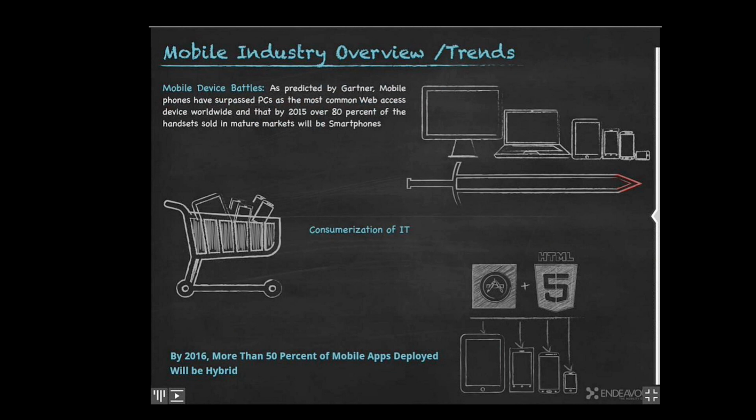All right, well, just like it says up there, as predicted by Gartner, mobile phones have surpassed PCs. And I think most of you, if you're in the development area or in technical management, now know this either by fact or by instinct. There's just a lot of mobile devices around. By 2015, media tablet shipments will reach around 50% of mobile laptop shipments. Even Windows 8 will likely be in third place, coming along behind Google Android and Apple iOS.